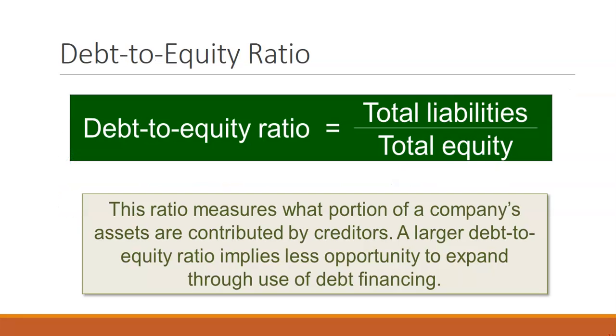For our debt to equity ratio, we take total liabilities divided by total equity. This shows us what portion of our assets is contributed by debt versus the amount contributed by equity. So how are we financed by debt versus how are we financed by stock sales? Larger debt to equity ratios show that we have less opportunity to expand through use of debt financing. So we have a lower ability to take on more